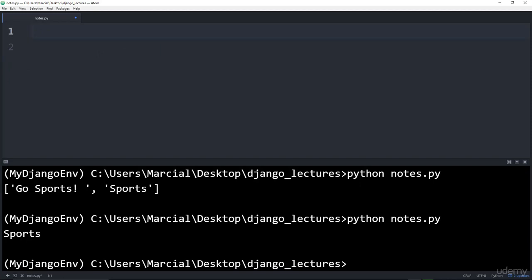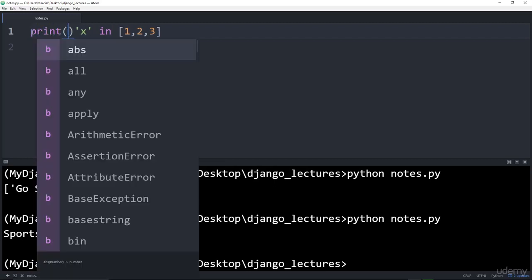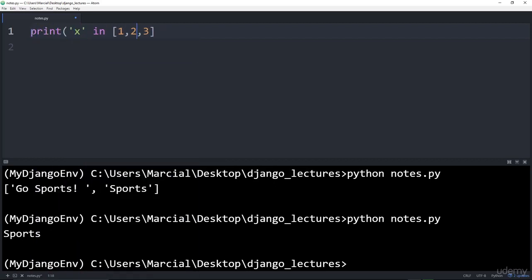Then I want to quickly mention the in operator. It's not a method, it's just something that's really useful. If you ever want to know if something is in a sequence, for example, if I want to know is x in the list 1, 2, 3, all you have to do is use the keyword in to solve that. And this will return a Boolean. So I can print out the result of this entire thing,